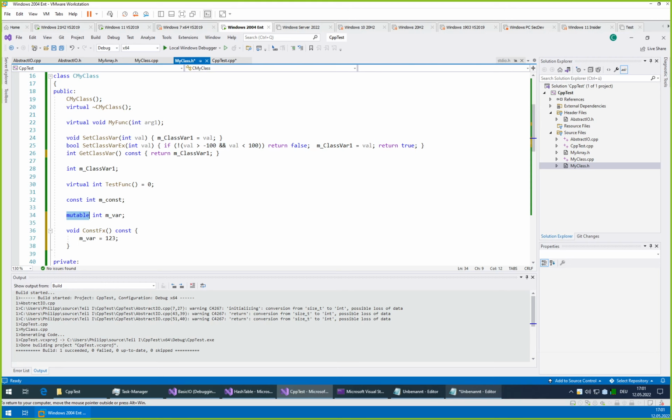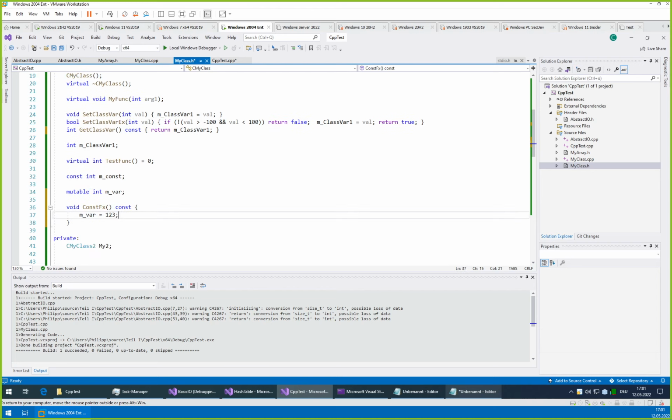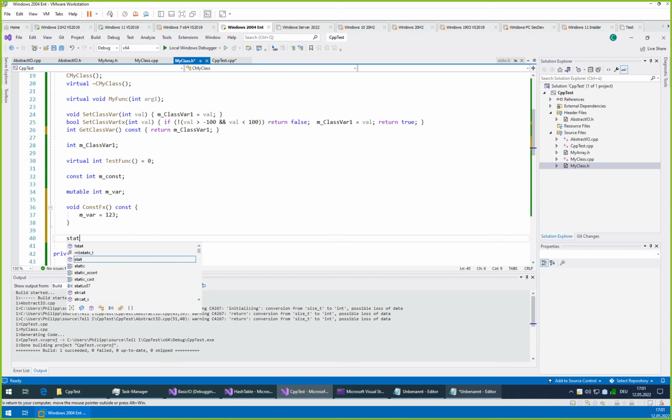So this way you can introduce a defined order to your operations, or at least keep the operations atomic, so that you cannot get an in-between result. And for such objects, it is useful to be able to define them as mutable, such that you can operate on them from within your constant functions. And another keyword you can use is static.